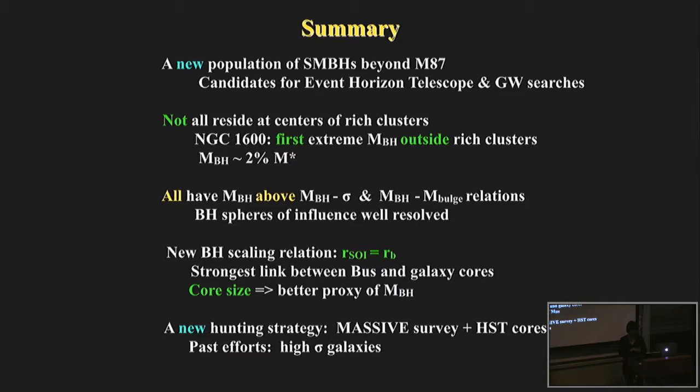Ionized gas gives the lower mass measurement for M87, and the higher one, the 6 billion, is based on stellar kinematics. Our method is to use stellar kinematics, which I think is the cleanest, short of masers. Most of these galaxies don't have masers. So ours is the same as the 6 billion solar mass measurement. Each measurement has small error bars, but there's a systematic difference between the ionized gas and the stellar mass measurements for M87 that's still yet to be resolved.